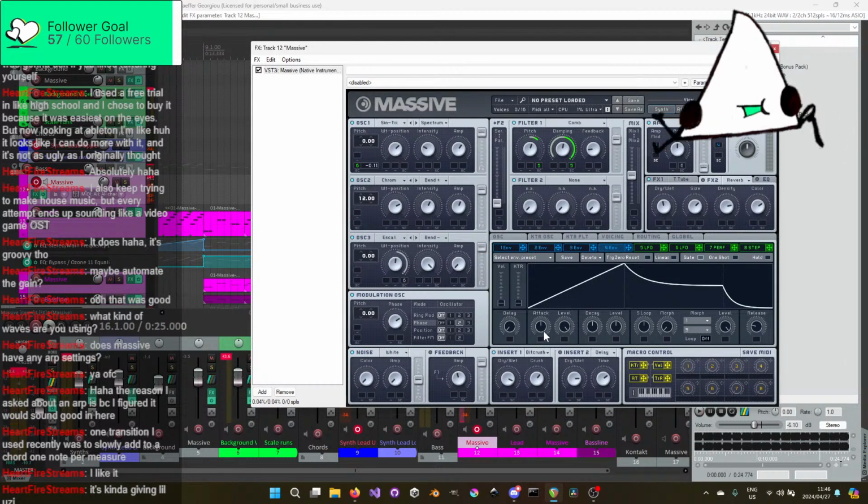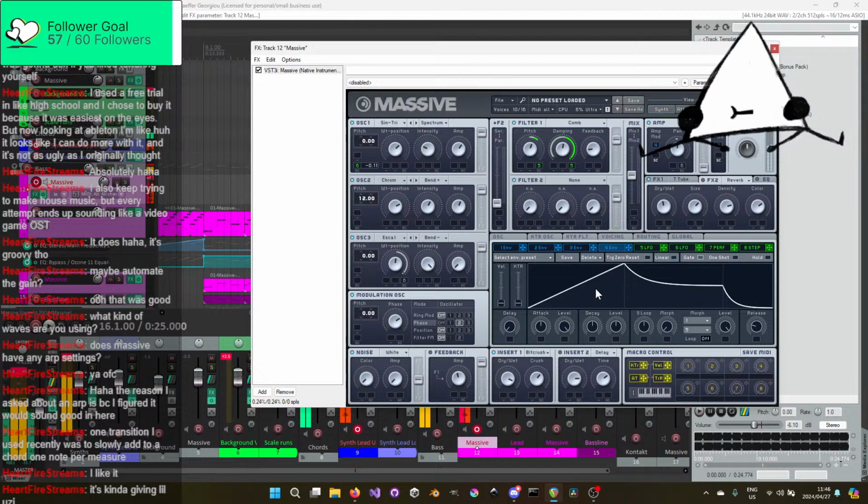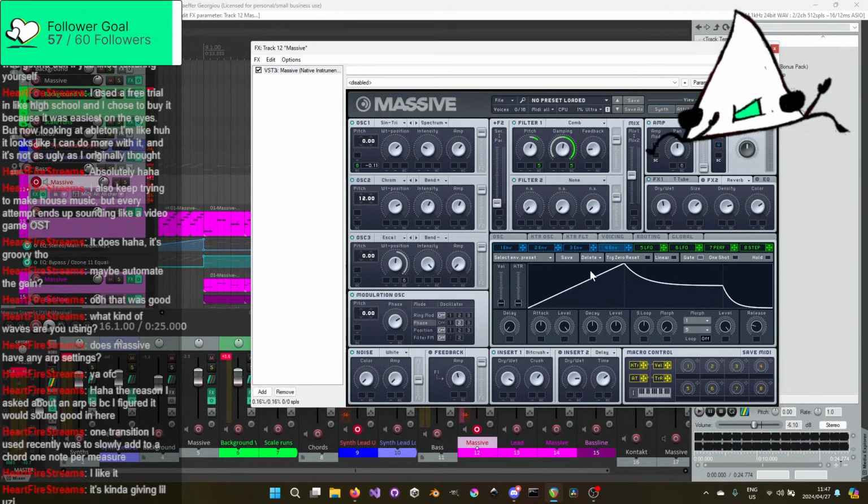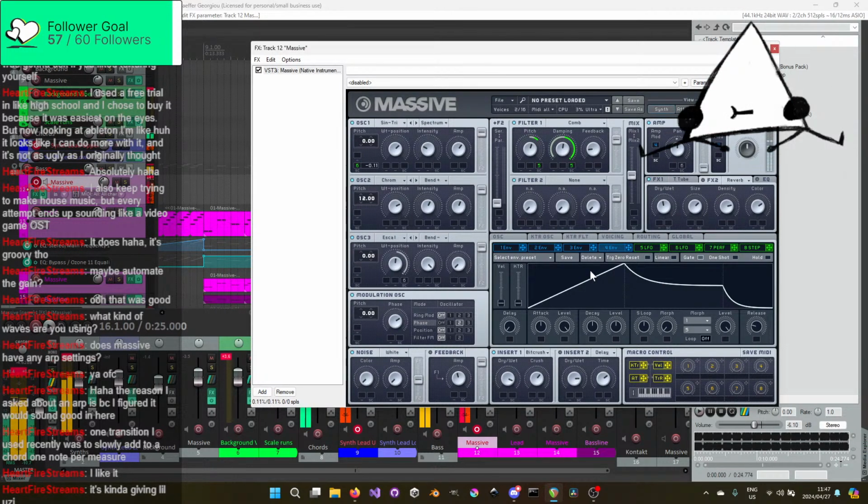This is becoming a completely different thing again. The fact that everything just comes in afterwards is just a subtle little touch that I really like. And there's the slight harmonics.